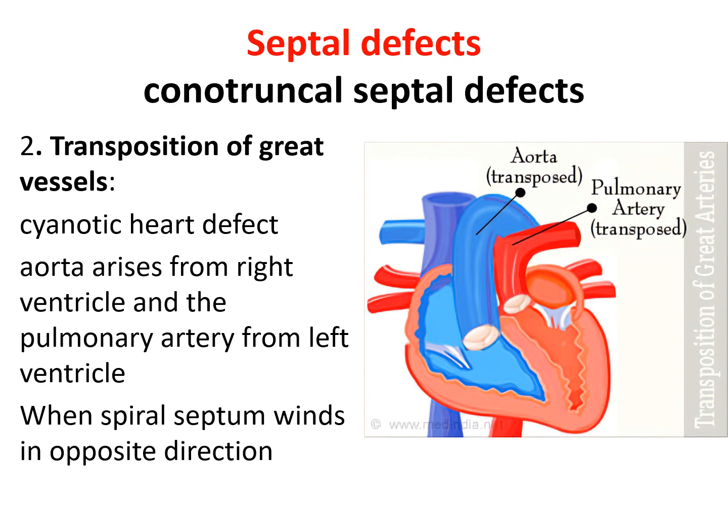If you remember, we talked about the spiral septum, that the right bulbar ridge goes anteriorly and to the left, while the left goes posteriorly and to the right. So it will occur in the opposite way, that the right bulbar ridge will go posterior and to the left. So this will lead to the formation of two great vessels which are opening into the opposite ventricles. Like the aorta is opening into the right ventricle and the pulmonary trunk is getting its blood through the left ventricle. So here the spiral septum has not wound properly, or the twisting has occurred in an opposite manner.